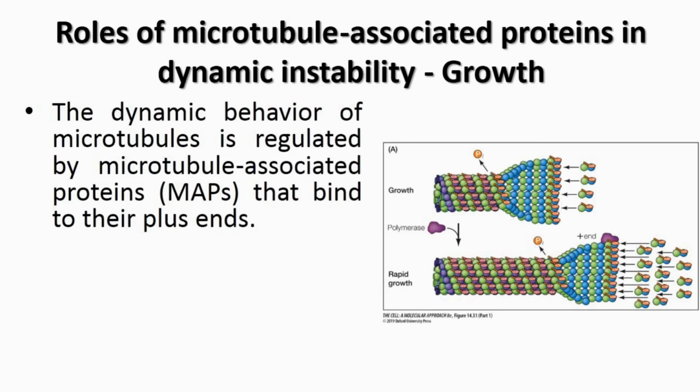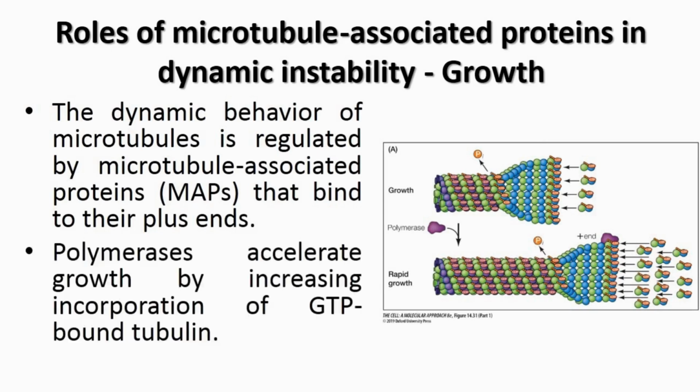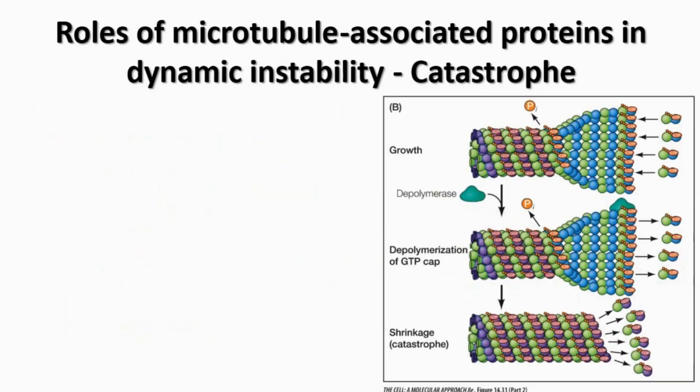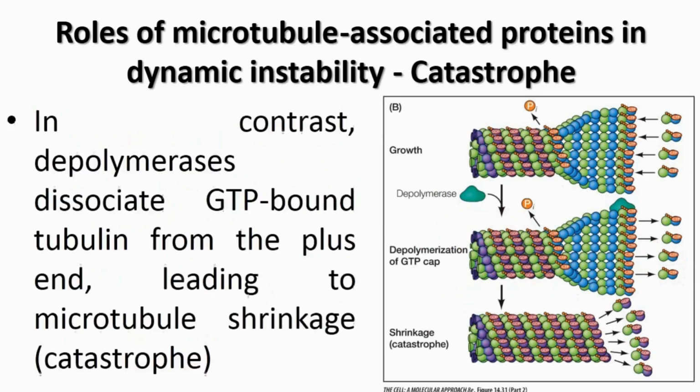And we have some of the proteins, say for example polymerases. What the polymerase does, the polymerase will accelerate the growth by increasing incorporation of GTP bound tubulin. On the other hand, we also have a phenomenon called catastrophe. In contrast, if it is not polymerase but depolymerases, they will dissociate GTP bound tubulin from the plus end,